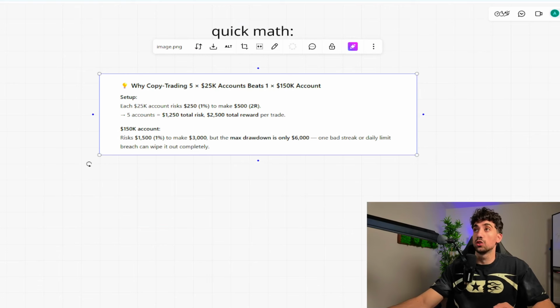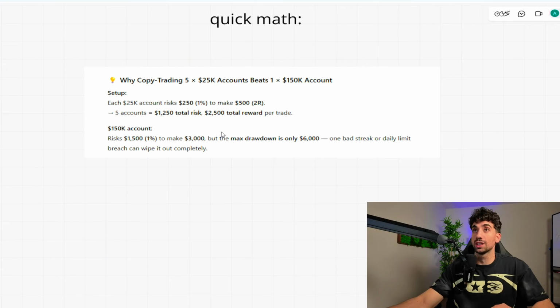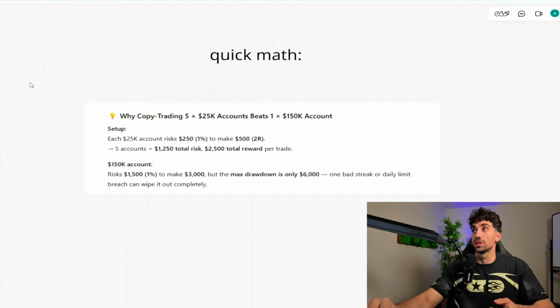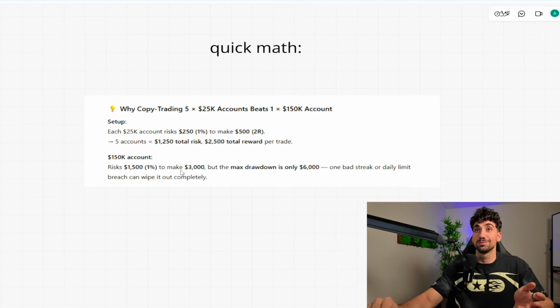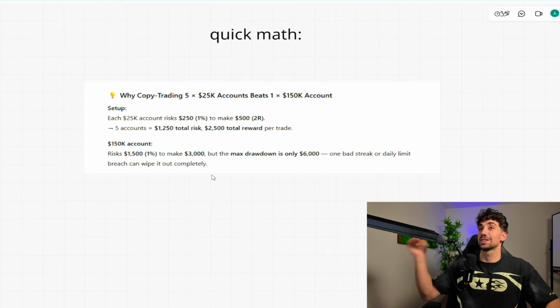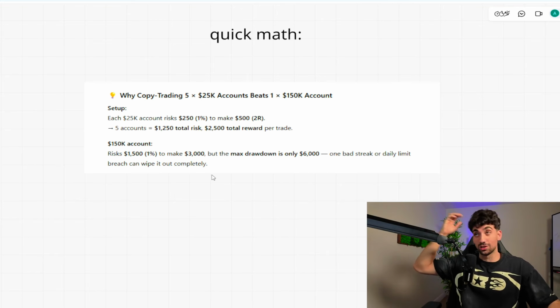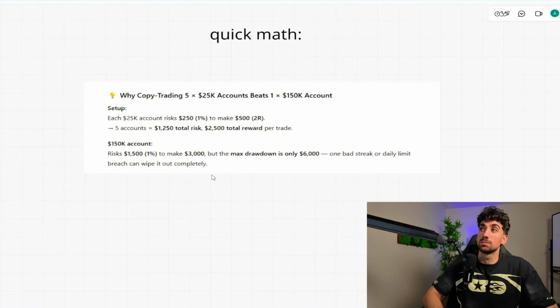Before we get into which software we should be using, let's talk a little bit about why we should be copy trading. Why does the math make more sense? Sometimes the bigger accounts aren't always worth it. A lot of people think the bigger the better. Your girlfriend tells you it's not true. And maybe she's right on certain things. Why copy trading is better than